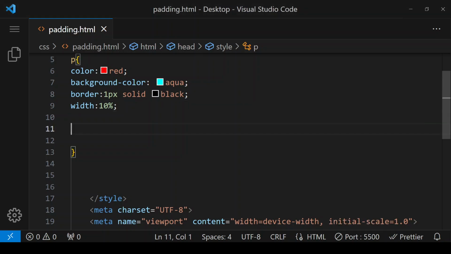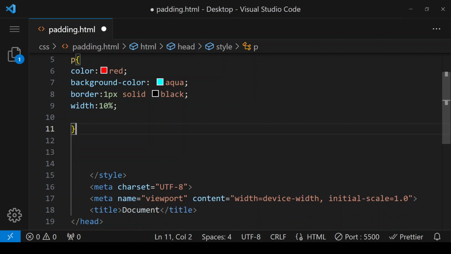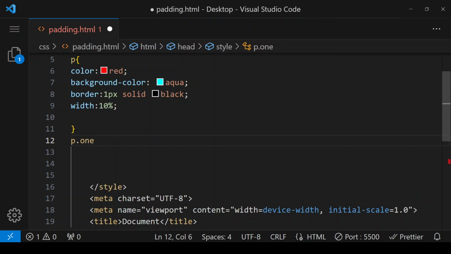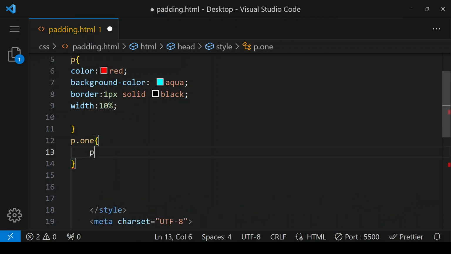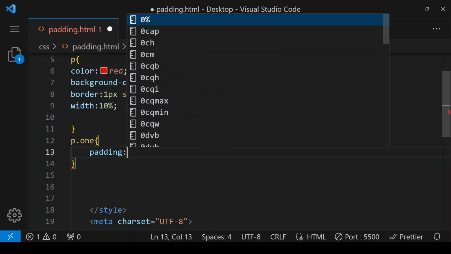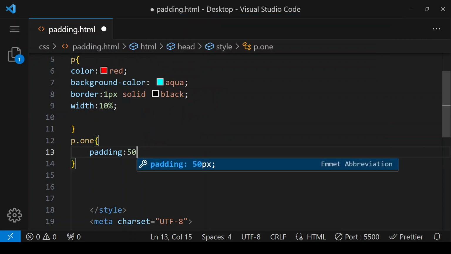Now I'm creating one class which is related to my paragraph, p.1, and in this paragraph I'm giving padding. So what is padding? Padding is used to create a space between the element content and its border. So it's a space between whatever you are writing inside and its border. So here I'm giving padding colon, I'm giving it 50 pixel,